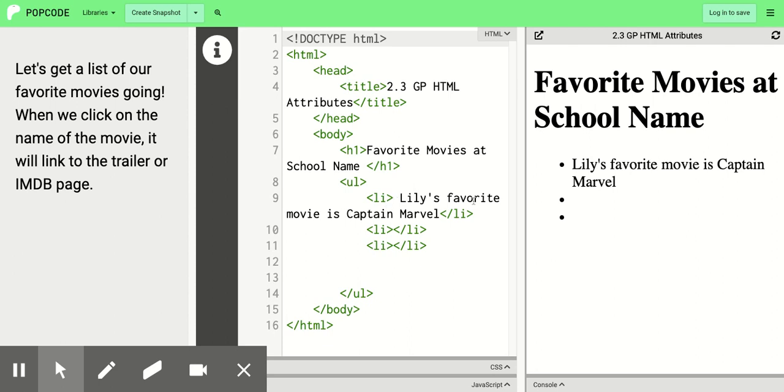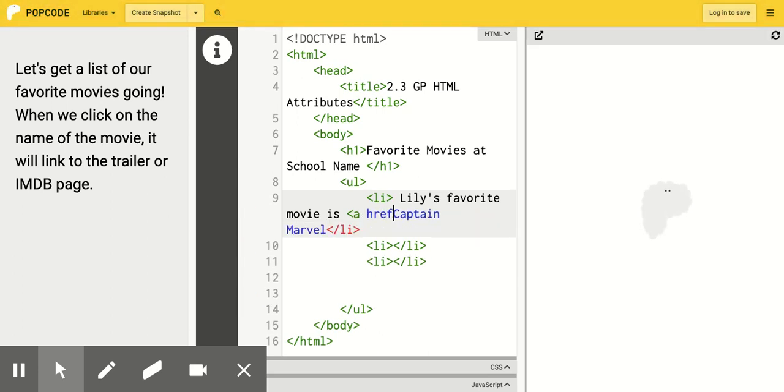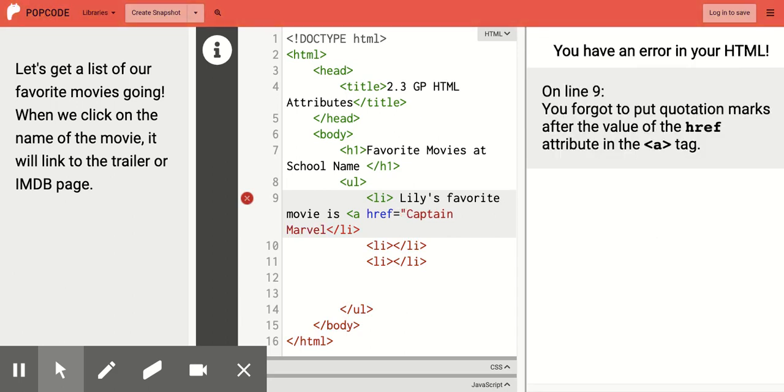Cool. So I could get this entire list item to be the content, but I don't want to. I just want to make Captain Marvel the words that someone clicks on, because to me it makes sense that when you click on Captain Marvel, it leads to a trailer about Captain Marvel. So to do that, I'm going to put my cursor here before the content so I can add my opening tag. So I'm going to open an angle bracket, a space, href equals for the attribute, and then in quotes,